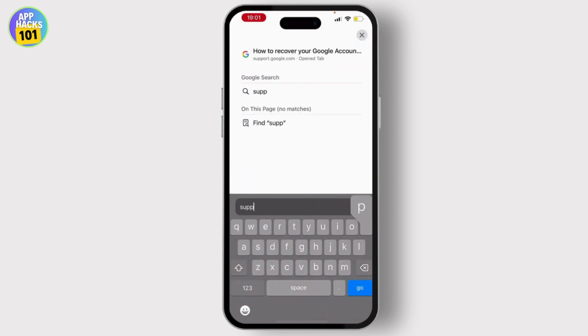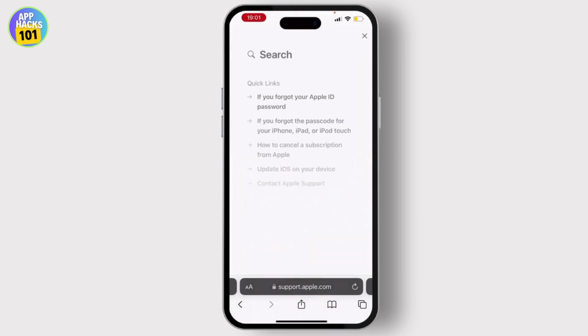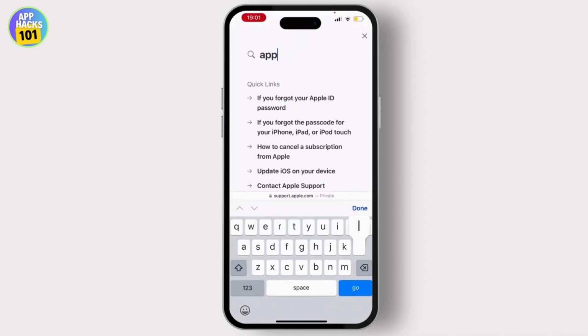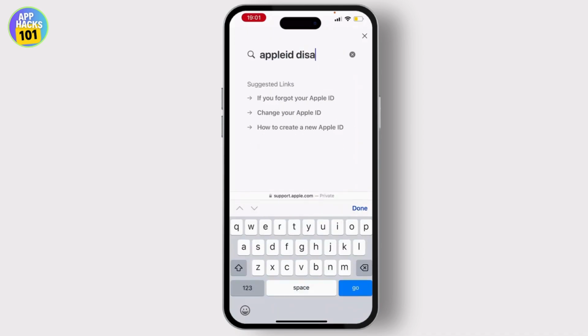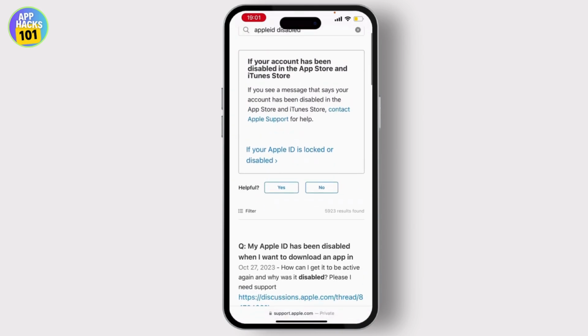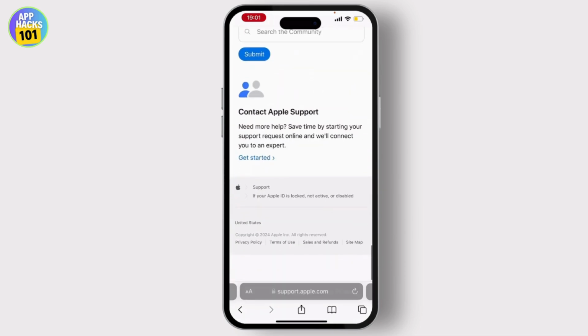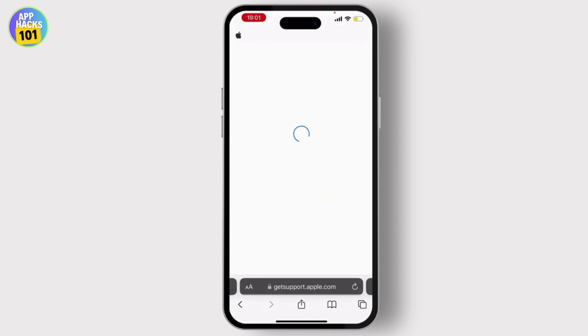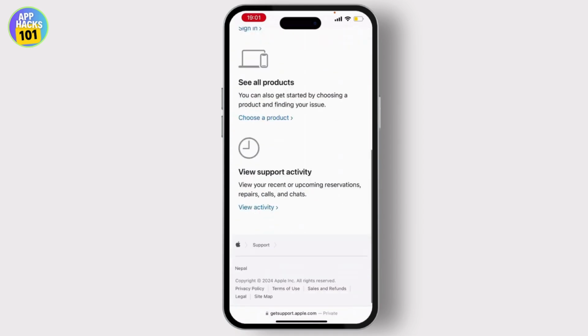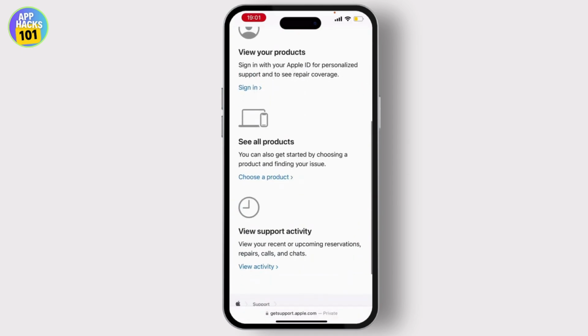device and search for support.apple.com. From there, on the searching bar, search for Apple ID disabled. Now, hit on the "If your Apple ID is locked or disabled" option. From there, scroll down to the last and select Get Started. So in this way, you can report a problem to Apple and Apple will help you out to solve your